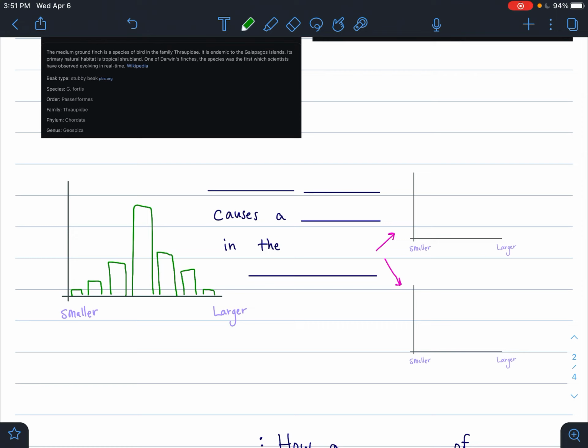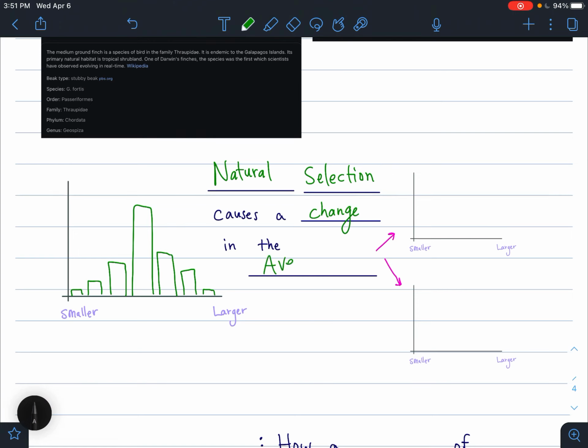They can have a variation in their actual beak size. So what natural selection does is that as the environment changes, or let's say that there's a flood or a drought, or there's an abundant amount of clouds which cause there to be less photosynthesis happening, which means less plant growth. So whatever it is that happens in the environment, natural selection causes a change